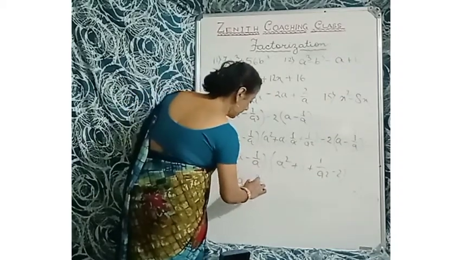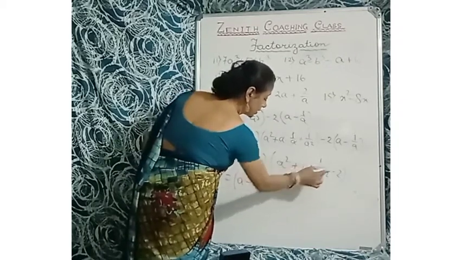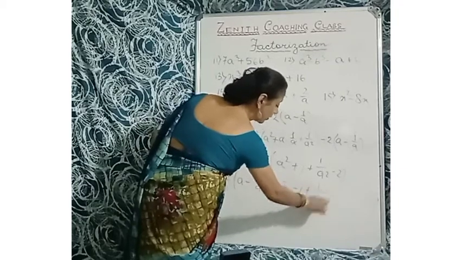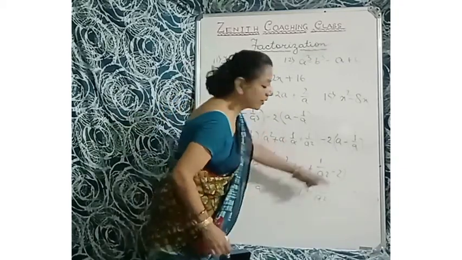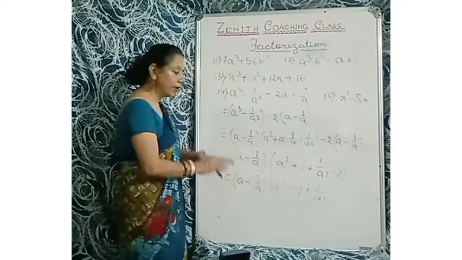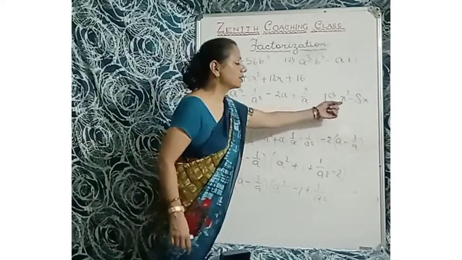क्या है? a minus 1 by a. Now a square plus 1 minus 2, so minus 1 plus 1 by a square. Understood? Here is plus 1, here is minus 1, minus 2. So plus 1 minus 2 is minus 1. अभी complete. And this is a छोटा सा सम बाकी है.